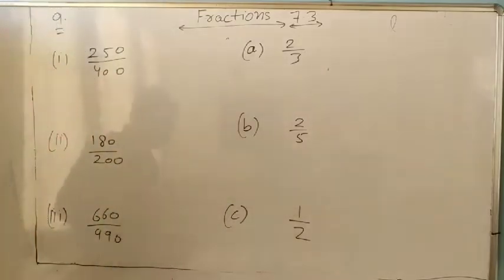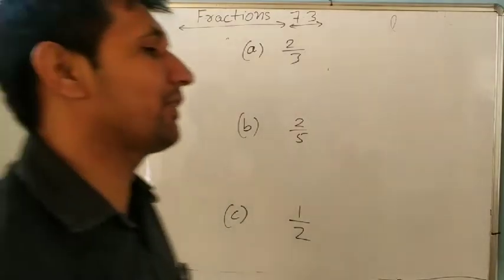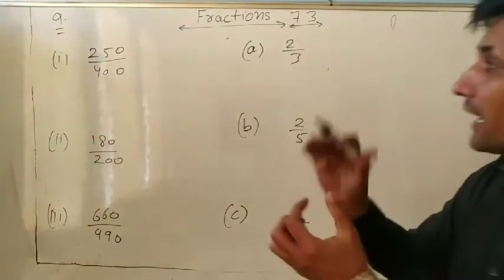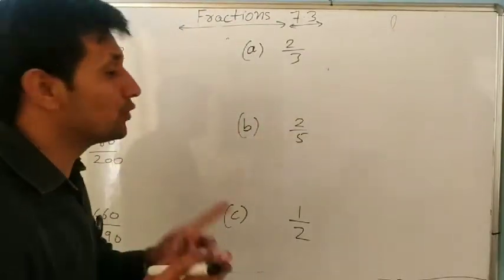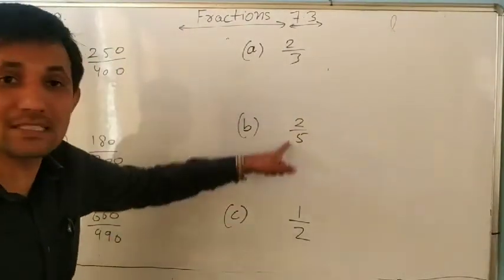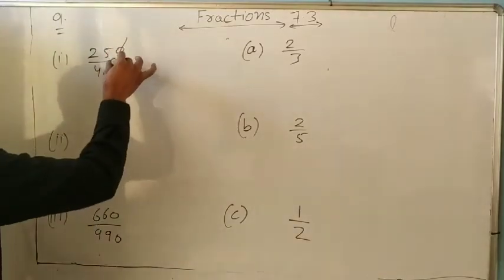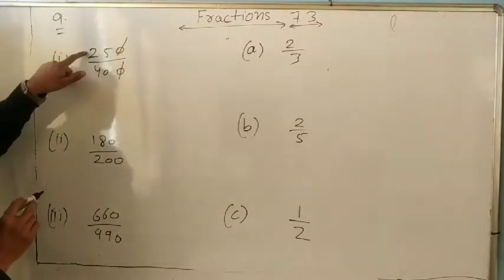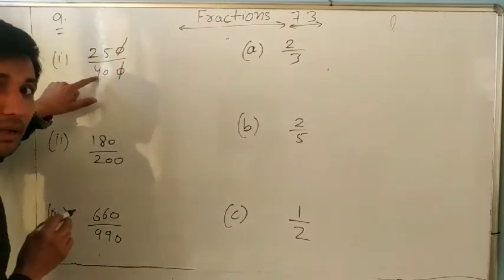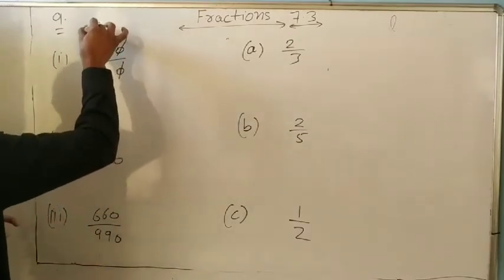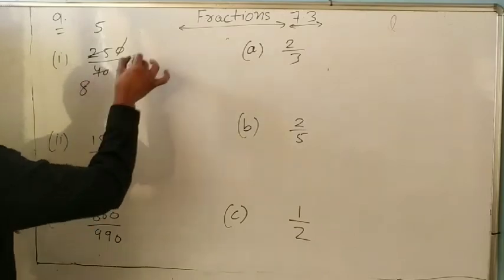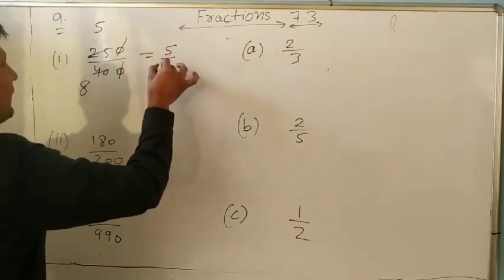So we have to match the equivalent fractions. Equivalent fraction means they are equal. So first we will reduce them to simplest form. They are already in simplest form. So reduce them to simplest form. So zero cancels by zero. Now it is divisible by 5. It is also divisible by 5. So 5 ones are 5, 5 eights are 40. So what is the answer? 5 by 8.